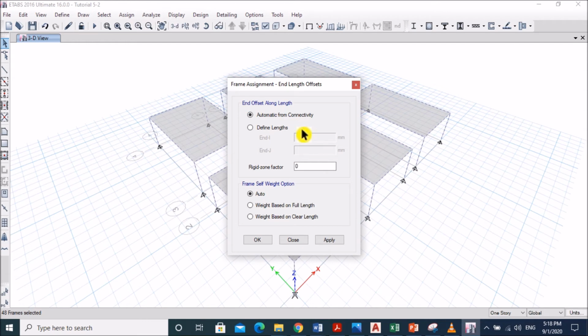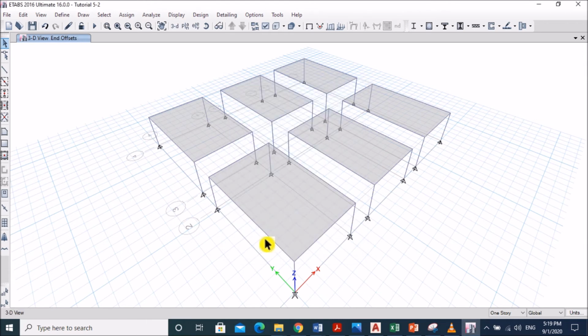It means the value of the shear force will be at the face of the column, right? But now we define the length, that is 0. It means it acts at the center of the column, because our manual calculation is also from the center of the column, so that these two values will be comparable. Now apply. Okay, again run the analysis.